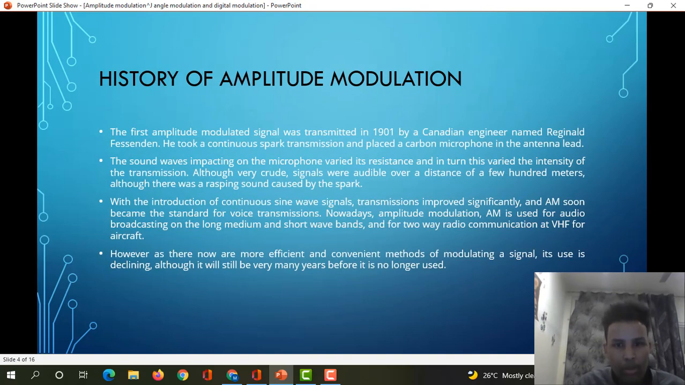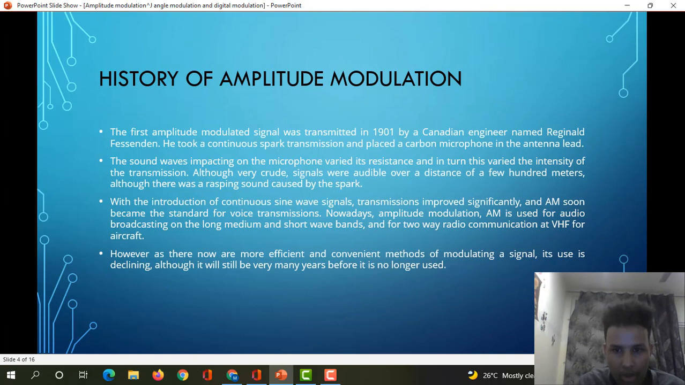History of amplitude modulation. The first amplitude modulated signal was transmitted in 1901 by a Canadian engineer named Reginald Fessenden. He took a continuous spark transmission and placed a carbon microphone in the antenna lead. The sound wave impacting on the microphone varied its resistance, and in turn this varied the intensity of the transmission. Although very crude,